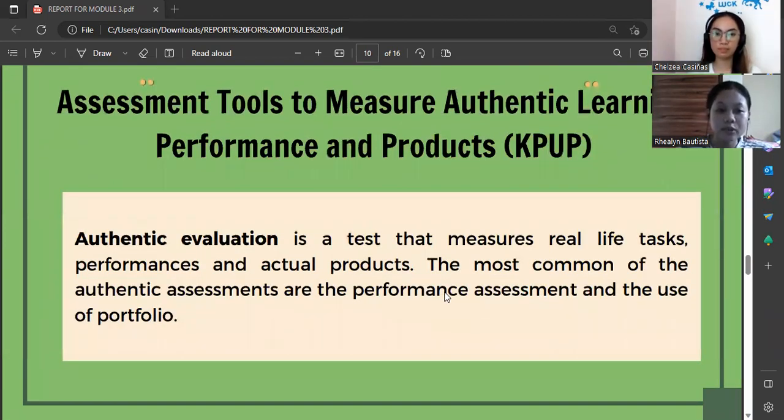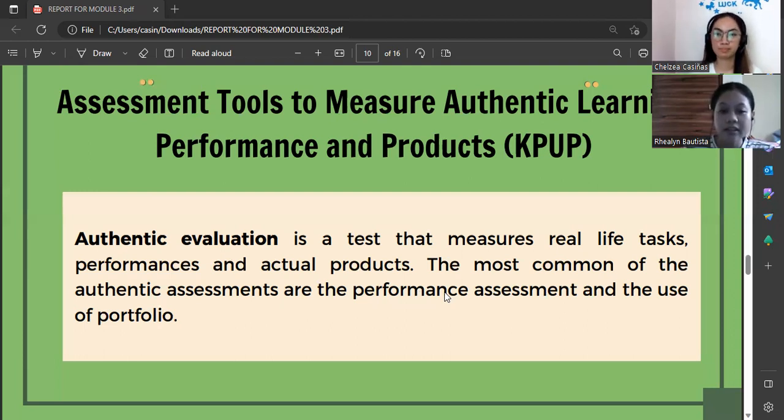So assessment tools to measure authentic learning performance and products, KPUP. So pag sinabi natin KPUP, K stands for knowledge, P for process, U for understanding, and P stands for performance or product. So the level of the learning outcomes in KPUP can be assessed through performance or product. These learning outcomes can best be done through the use of authentic evaluation. Ibig sabihin, si performance or product daw yung level 4, mas maa-assess natin kung yung authentic evaluation yung gagamitin